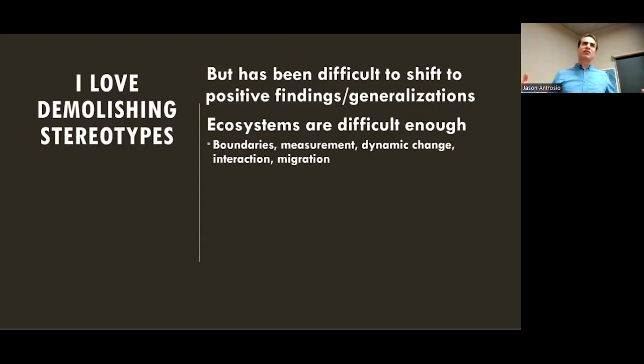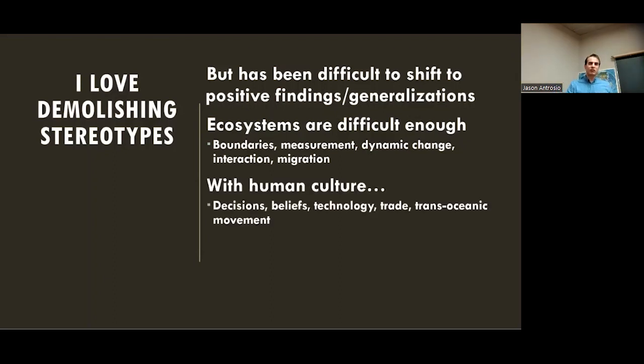What about the interactions between various organisms? Organisms don't stay put; they're always trying to migrate and cross species lines, and they don't care if their marriages are consummated or not. How do you deal with ecosystems themselves? And then when you bring in human culture, you have all kinds of weird stuff going on. People trying to make decisions: do I have cereal or do I have eggs? How strong does my coffee need to be? Do I add sugar to the coffee?